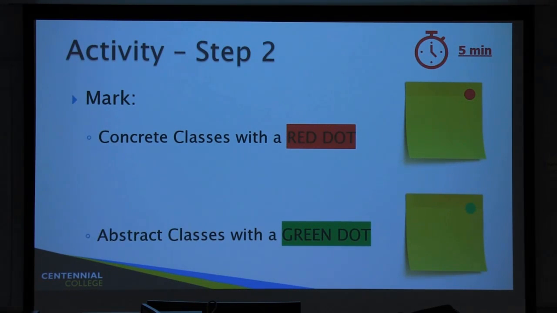The red ones are concrete classes. The green ones are abstract classes. So again, you just flag.